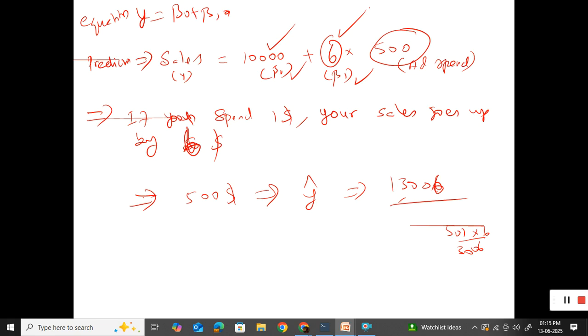Okay, now the question is, in this case it is fine. What if I have more than one independent variable? You have used only one independent variable. If I have more than one independent variable, it is going to be the same logic here. But the only thing is you are going to have additional input variables or features. You are going to have them in your equation. An additional independent variable will be there in your equation, that's all.